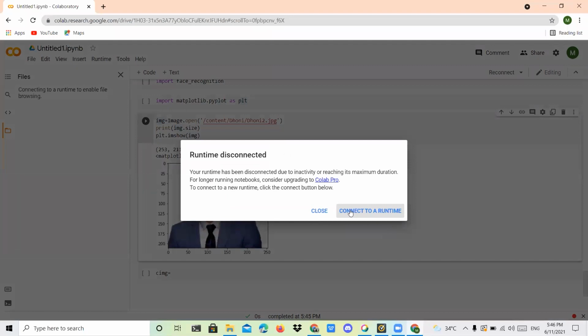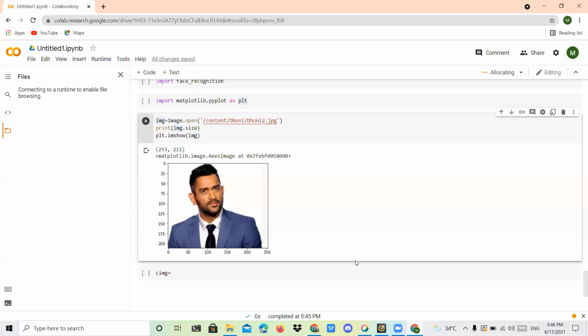Sometimes what will happen is the runtime gets disconnected. Then I have to reload everything and upload your images again. Now everything is gone in that Colab. Check the syntax.